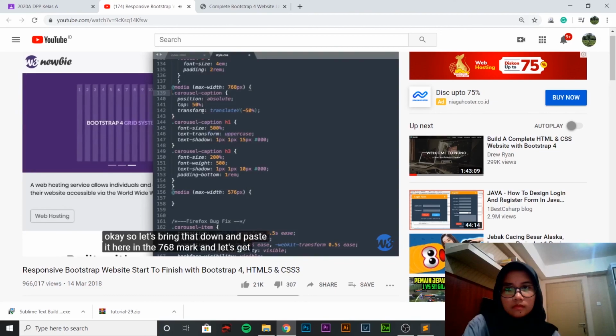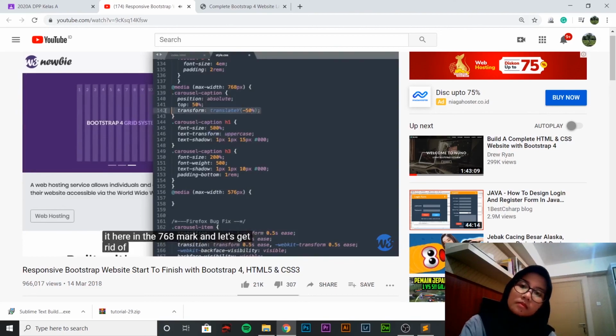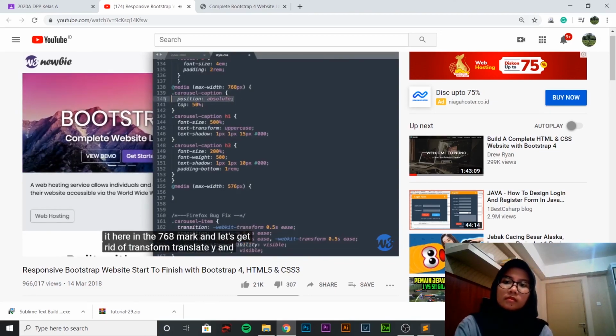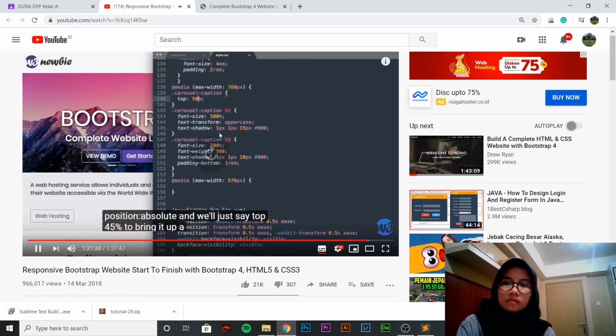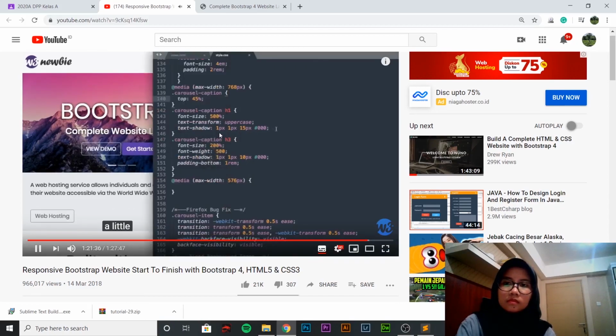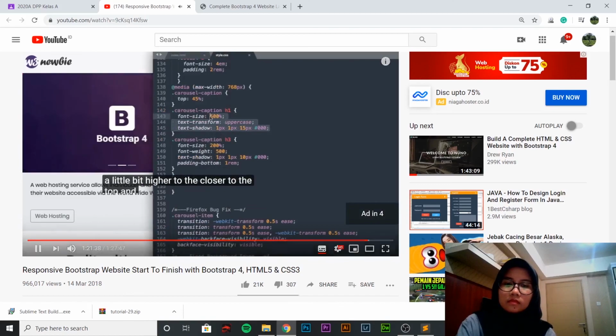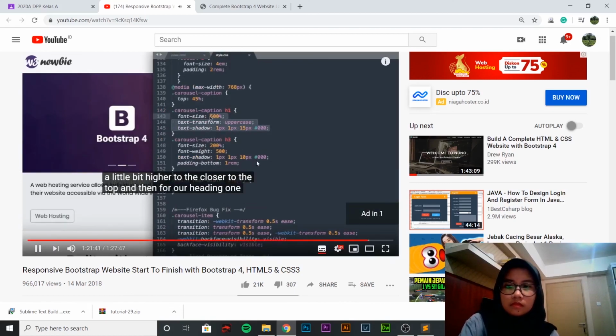And let's get rid of transform, translate Y, and position absolute, and we'll just set it a little bit higher, closer to the top. And then for our heading 1, we'll change